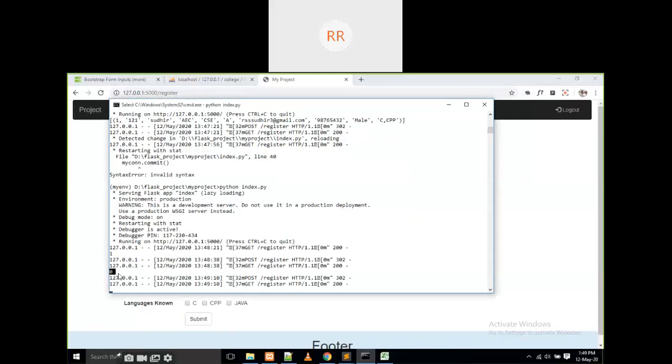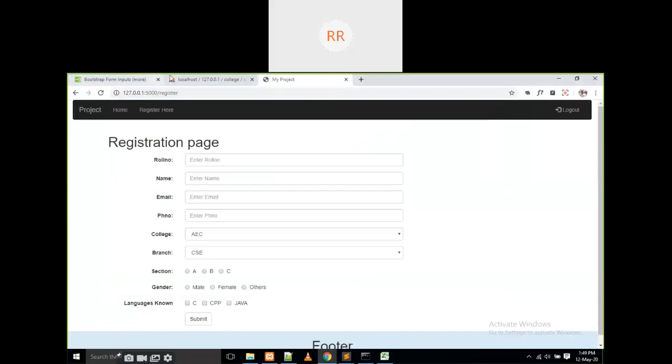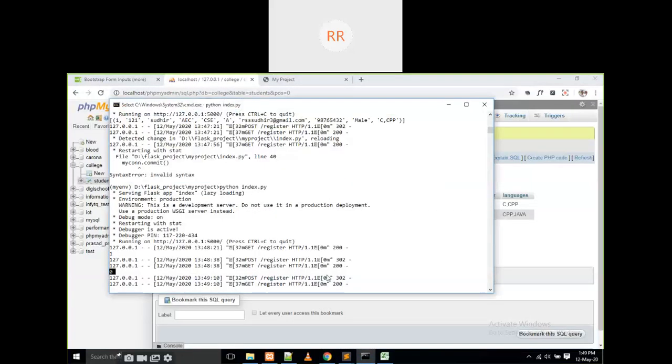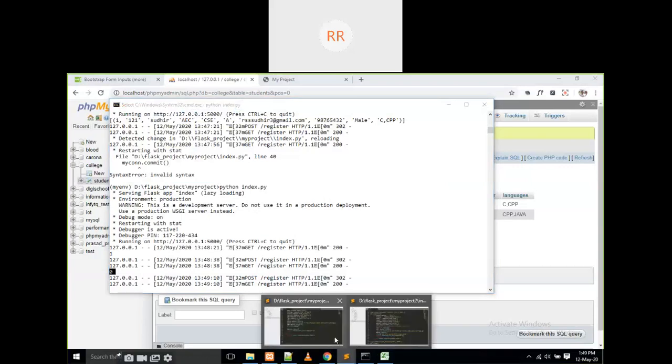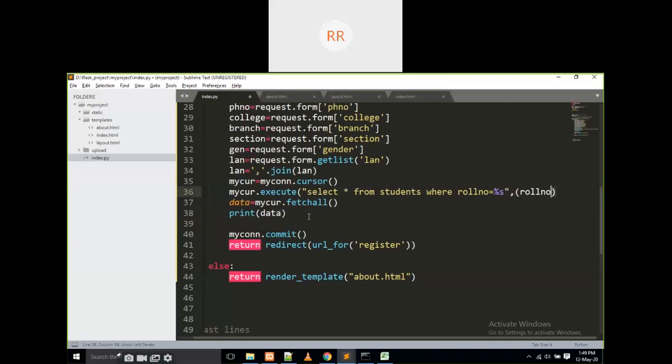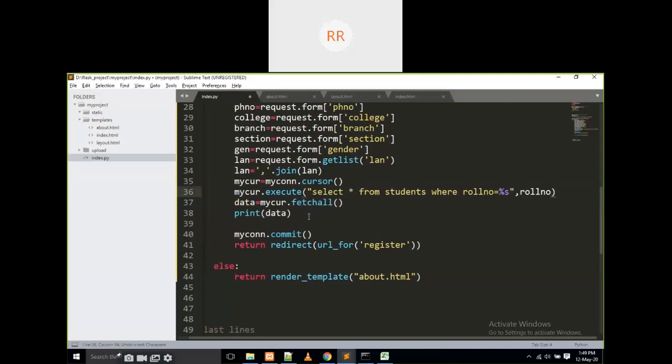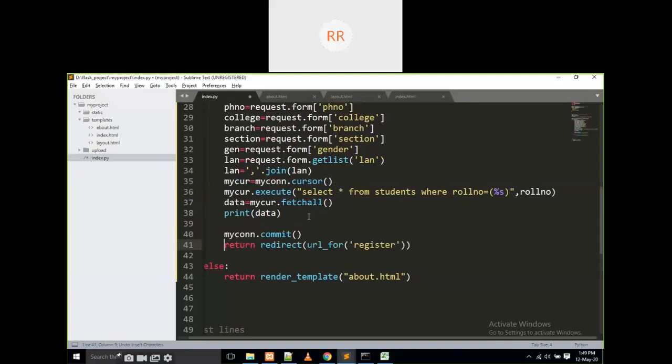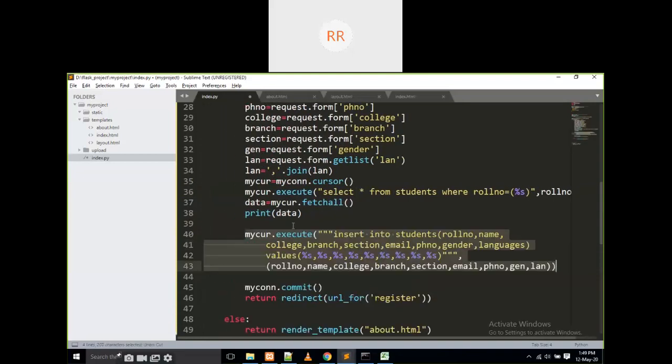That means the roll number has no data inside it. That means if the length of the data is 0, then only I am going to insert it.